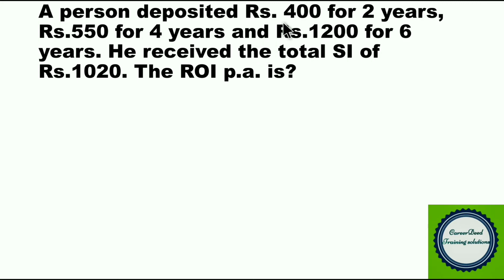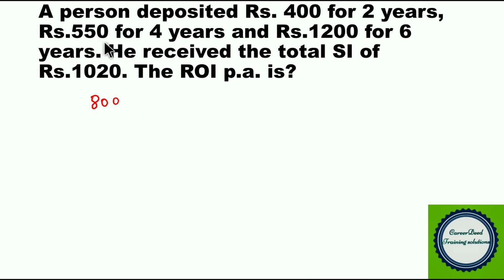right? So here he invested 400 rupees for 2 years. So totally for 2 years we can consolidate the investment as 800 rupees, but he actually invested only 400 rupees. For 1 year if it is 100%, for 2 years this will be 200%, right? So for 1 year if it is 400 rupees, for 2 years we have to consolidate this as 800 rupees.